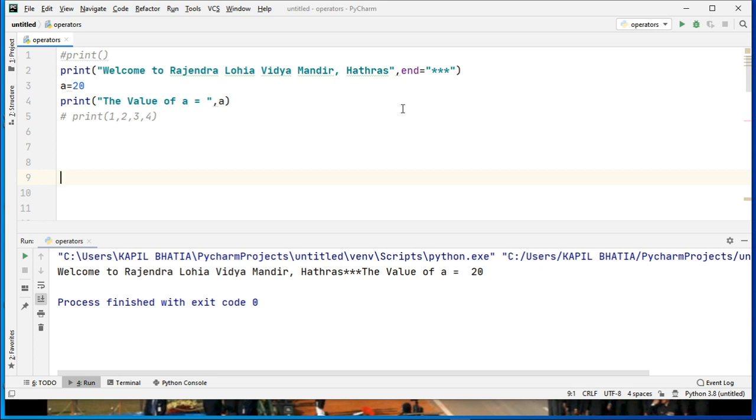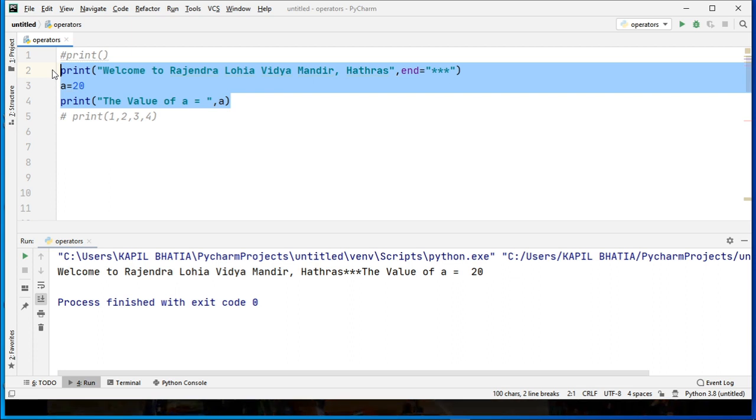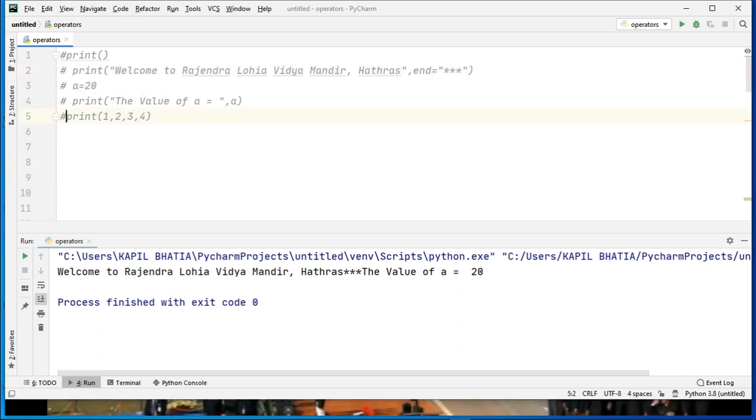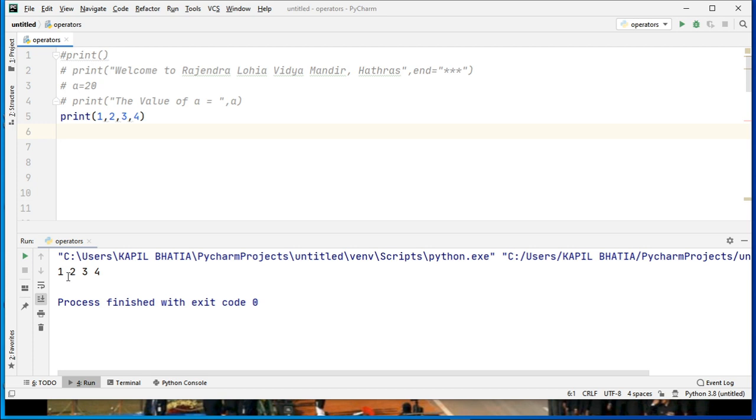Here is one more argument, that is separator. When I execute this statement print 1, 2, 3, 4, you will find the output as 1 space 2 space 3 space 4. That means the default value of separator is space.